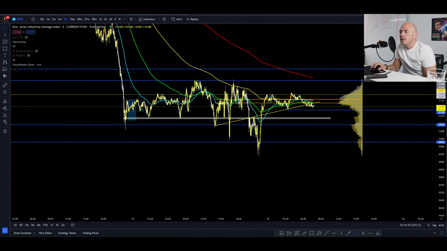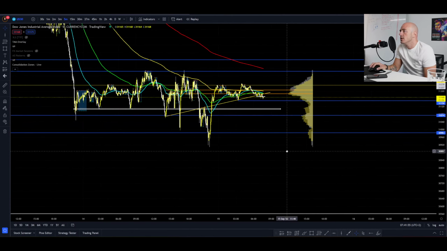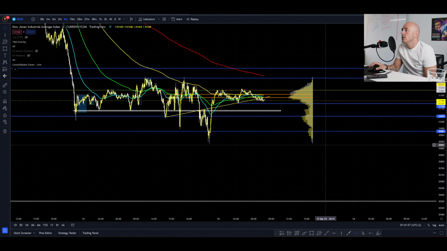US30 on 5-minute ranging at the moment. Once price breaks through the downside. Yeah, and that's exactly what's going on right now. We're just in a period of consolidation. The smart thing to do